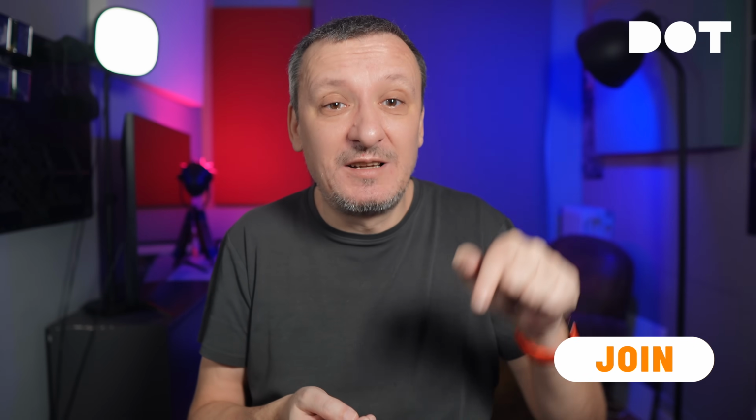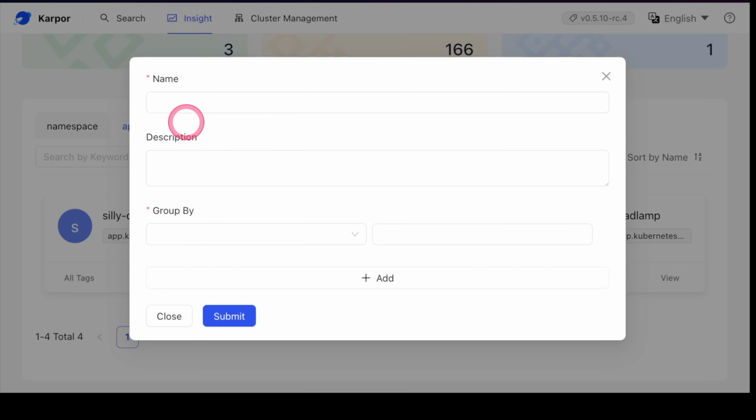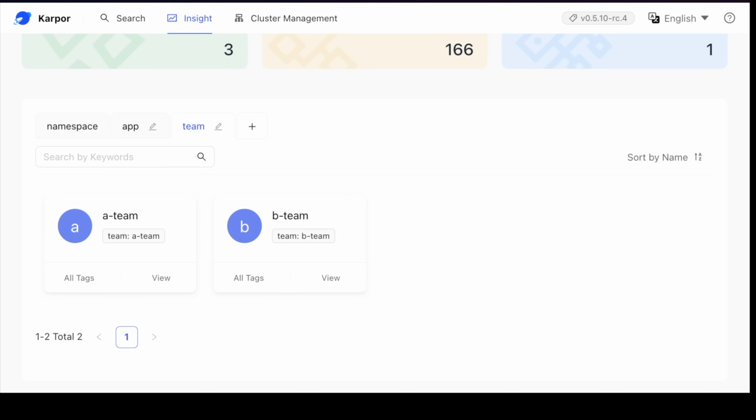Since Karpor is not working with Kubernetes APIs directly, but with data in a database, that operation was simple and fast. Let's make another one, just for good taste. We'll type team as the name, select labels as group by, type team as the value next to it, click the submit button. And now we can see all the teams using the cluster, assuming that their resources have the